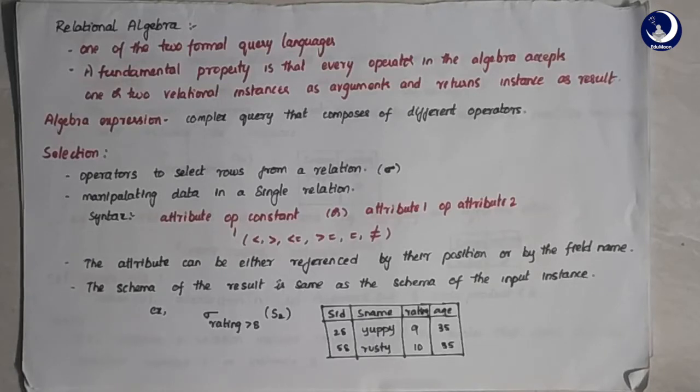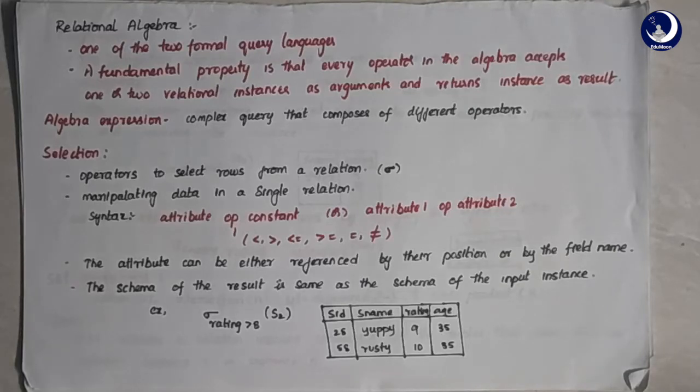See, here we have two arguments and then we have an operator, and we are getting a result. This can be an expression, and we call such expressions algebraic expressions. So what is an algebraic expression? It is a complex query that comprises different operators applied on different sets of instances of relations. We have different types of basic operators in relational algebra. Let's look at each of them with examples so that you can understand them better.